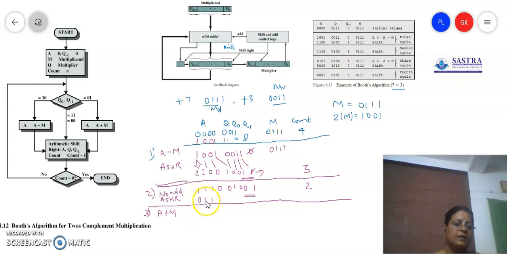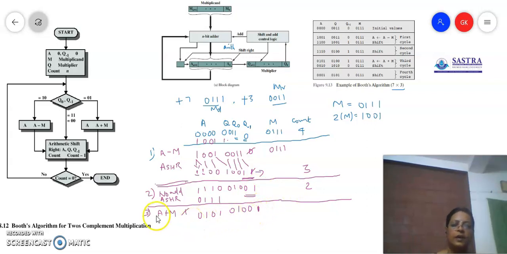So you are taking this M here. Now you have to add. When you add, what will you get? 1 plus 1 is 2, that is 1 0. 1 plus 1 plus 1 is 3, so 1 1. 1 plus 1 is 1 0, so you will get an end around carry, so you are going to ignore it, 0 1 0 1. Okay, and then whatever is there in the Q, you can write it down. This Q minus 1 you need not worry about, so it is going to be 0 1 0 0, that's all. So you can copy that one as such.